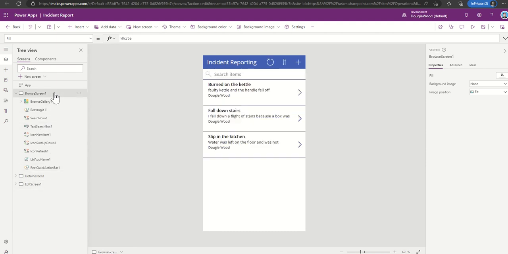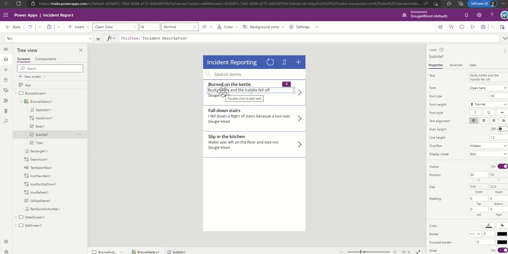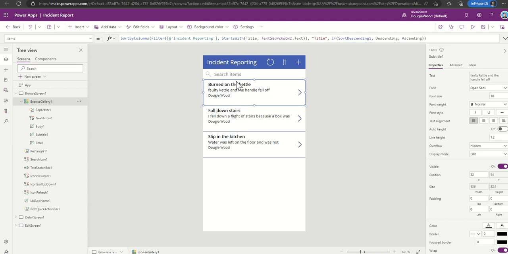So again, this is not an overall Power Apps tutorial. It's more about showing you how it integrates with SharePoint. But again, to go back to why it's so important to have some data in here, we can see that this is pulled through the title and the display name, as well as the description of the issue. But we could actually choose